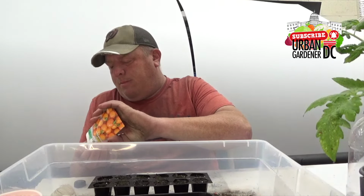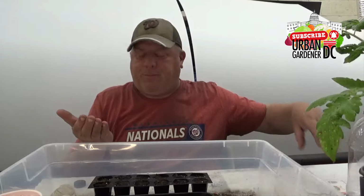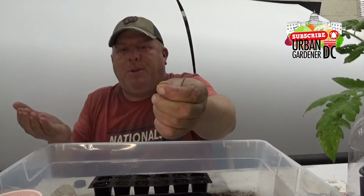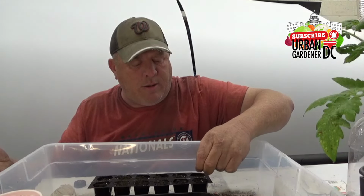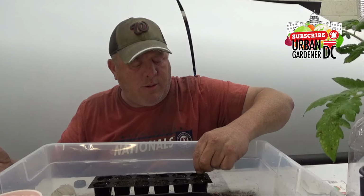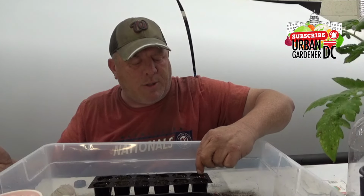Let me get a couple of them out. So they're very, very small. I don't know if you can see on my fingertip, but they're like teeny tiny tomato seeds. So I'm just going to put 1, 2 in there. 1, 2 in here. I try to space them out a little bit from each other because if they both